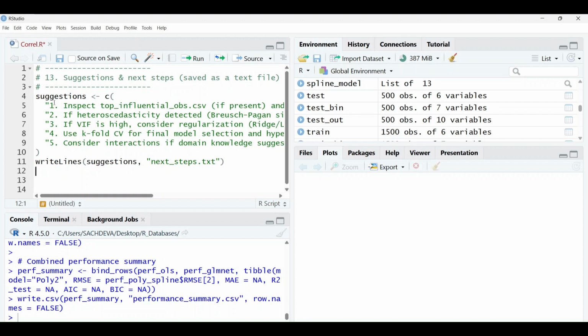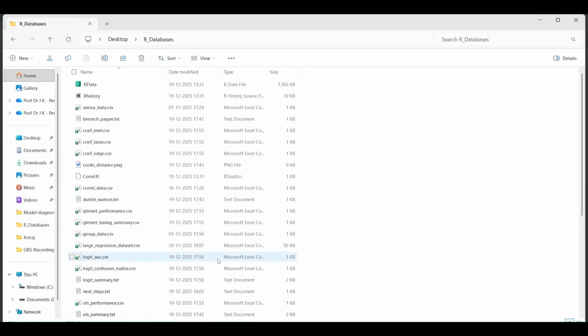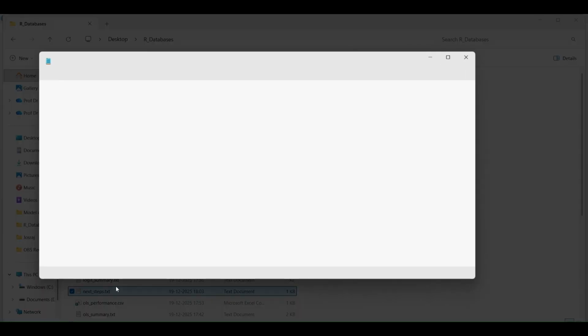We give suggestions to ourselves. Now, if we inspect, it will tell us the next steps text. We will run it. It will give us the suggestions, and run it. And we will see the next step. What is the next step? This one, the next step. It suggests us